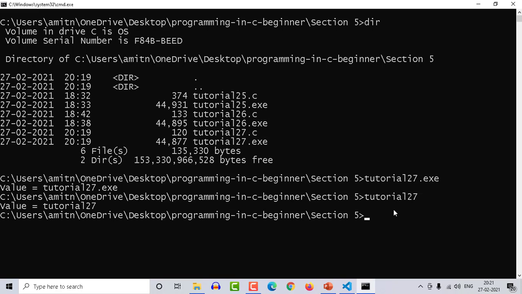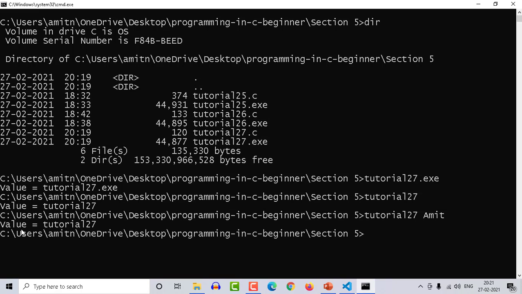As I told you, we can pass a collection of words, a collection of strings, and right now I am passing only one string. So let me pass two strings over here. Let me pass my name itself, Amit. And you can clearly see I separated these two strings with the help of a white space. Now it can be a tab space as well, so it's up to us. We won't use any comma over here, so remember that, and let me run this one.